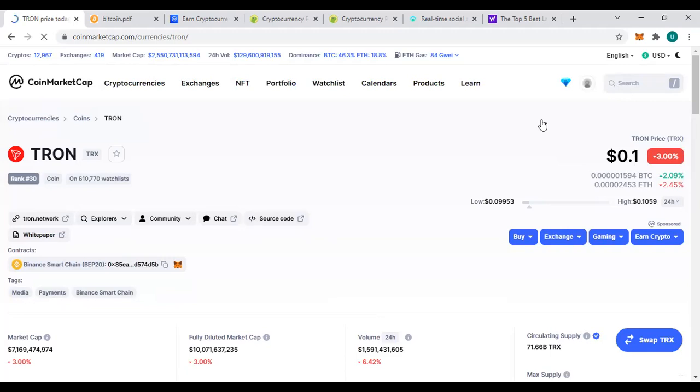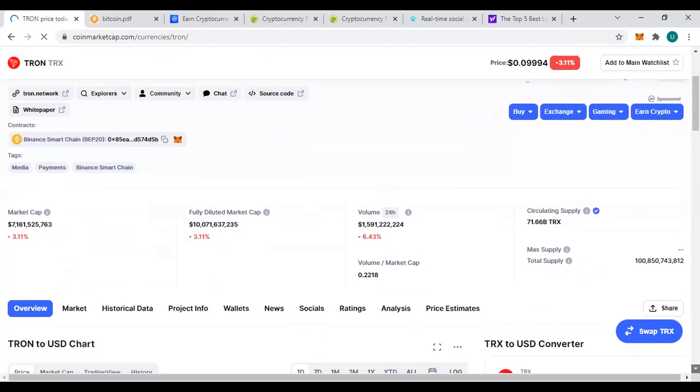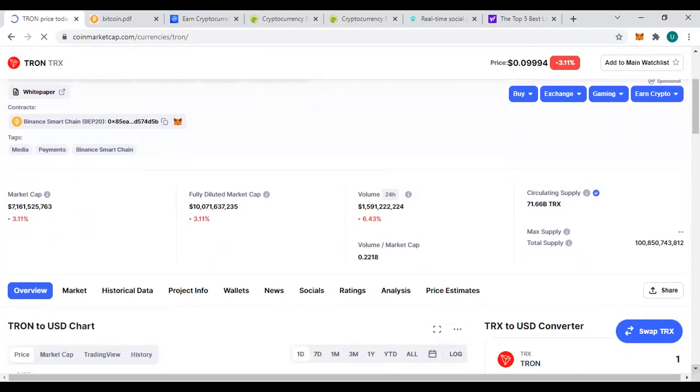I want to do a little mathematics on this particular thing. In the first place, how many years is it going to take Tron to actually get to $10? It's going to take a lot of years for Tron to get to $10. Now Tron has a little supply of 71.66 billion Tron, almost. So for Tron to get to $10,